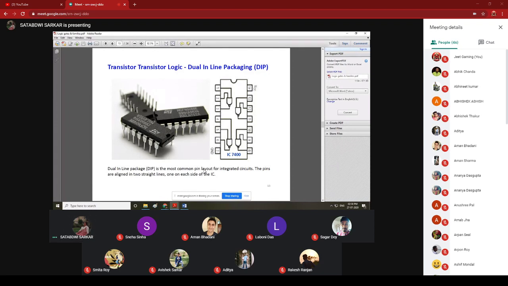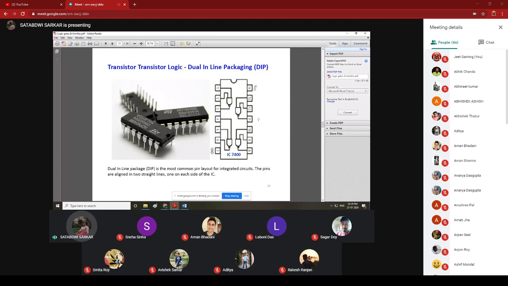Now here 8 is the output, 9 and 10 are the inputs, 11 is the output, and 13 and 12 are the inputs. If we think that 13 is A and 12 is B, and we input A and B following the truth table, then we will get the Z output or the F output from pin number 11. So we have to check using only one gate for the logic,